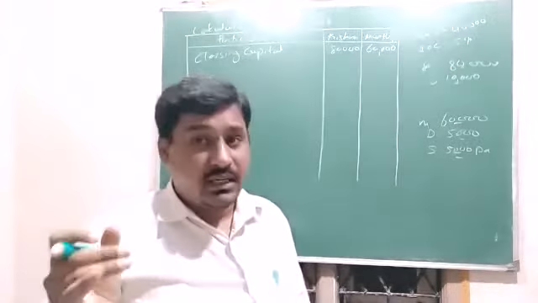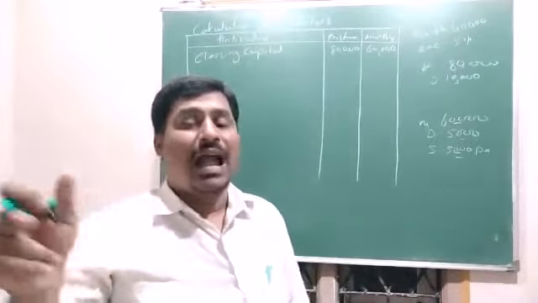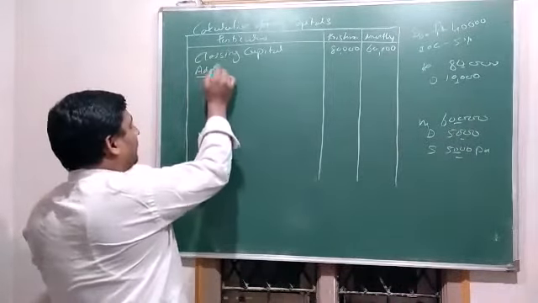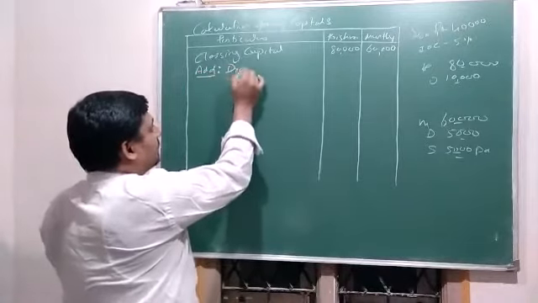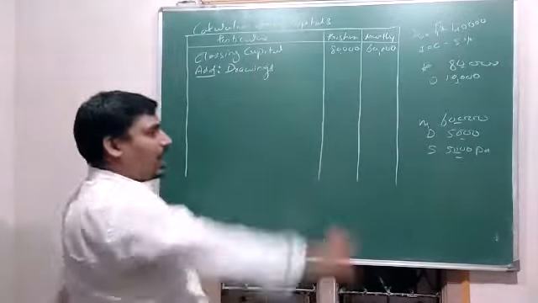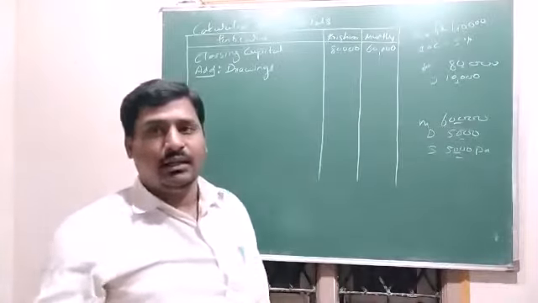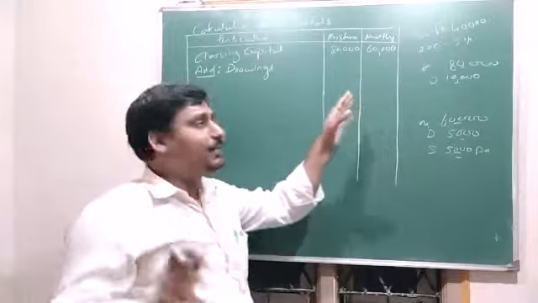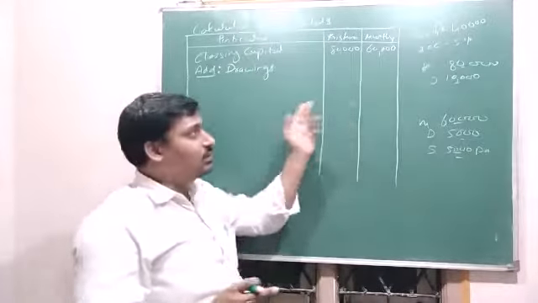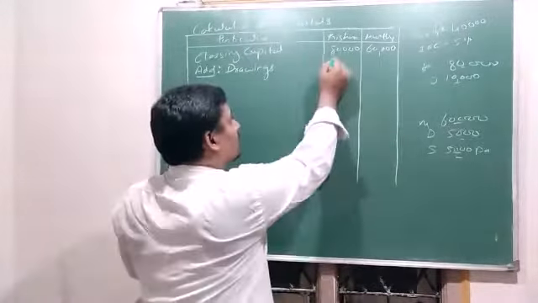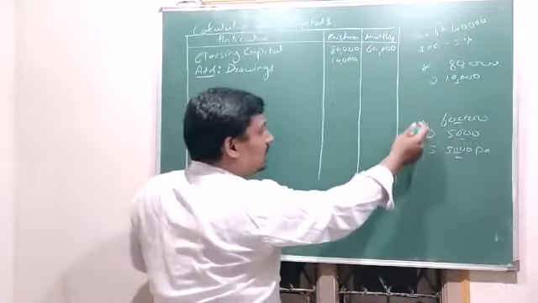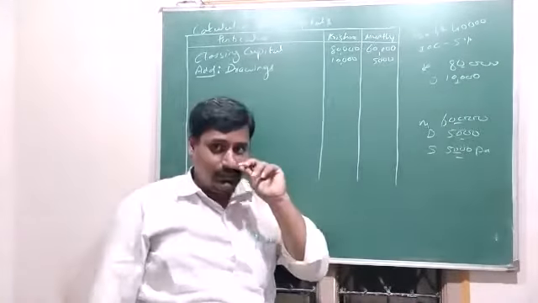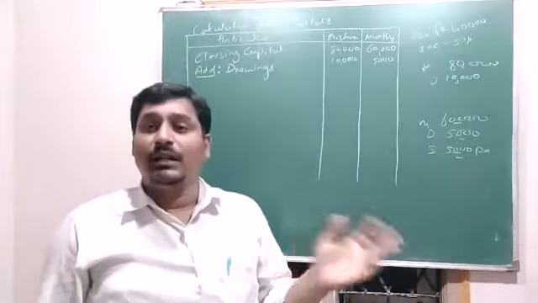We have deducted drawings from their capital, so add them back to their capitals. Drawings are always deducted from the capital, so we have deducted already. To find the opening capital, we are adding it back. Krishna has withdrawn 10,000 rupees and Murthy has withdrawn 5,000 rupees. So the first part is done. We have added back the drawings which were deducted already.